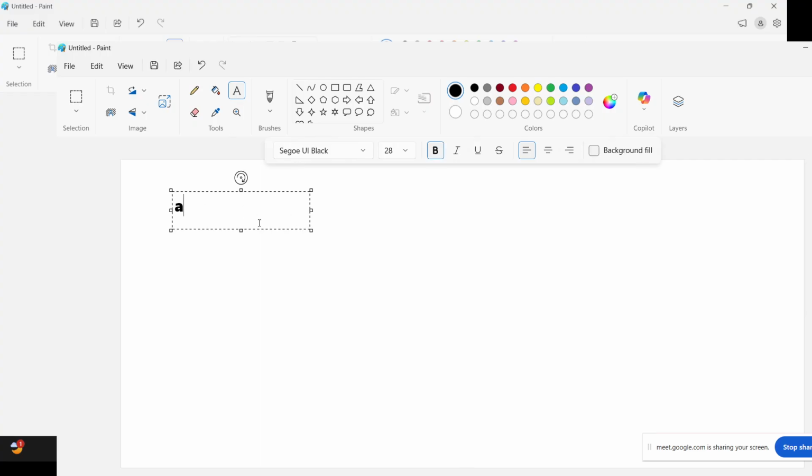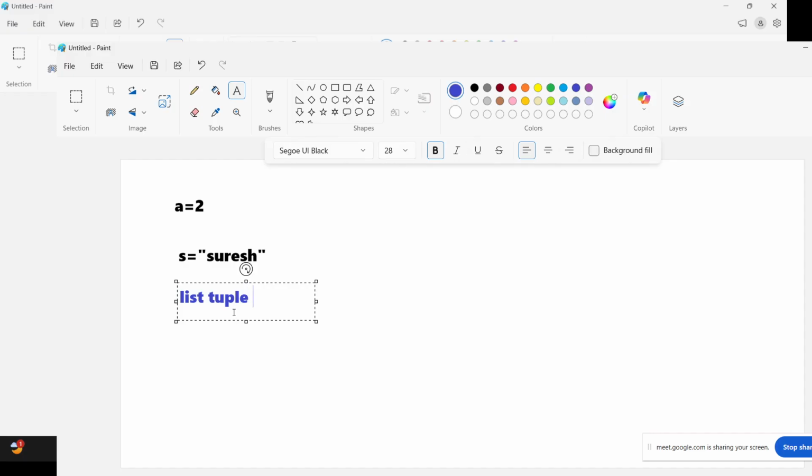To remember from day one, I'm talking about the variable, then the group of data, that is a string. Then after that, list, tuple, dictionary, and even with list, you can say tuple, dictionary and the set. So this is basically where we are storing a group of data. For example, we are storing data like this.